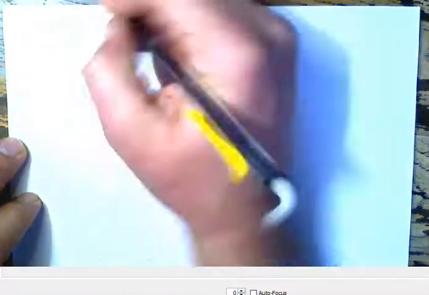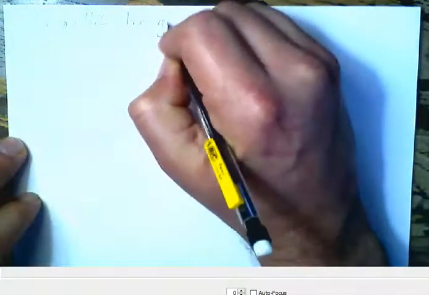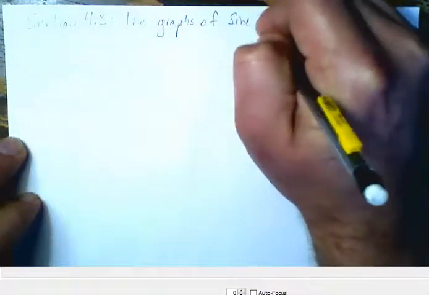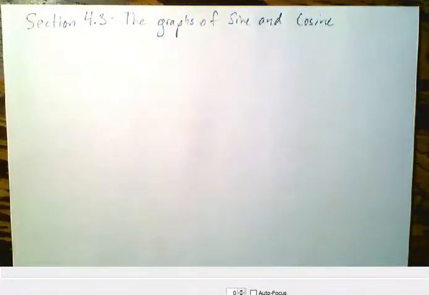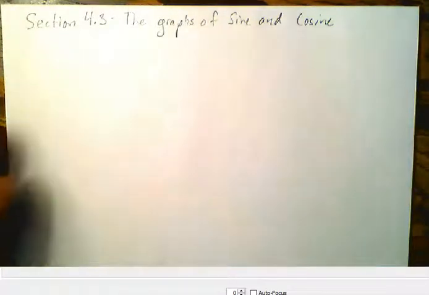Hey everybody, here we're going to be talking about section 4.3. That is the graphs of sine and cosine. Okay. So as we saw when we were creating the unit circle, we have